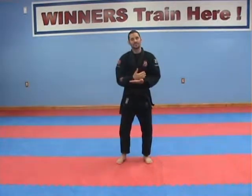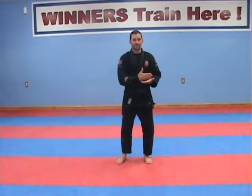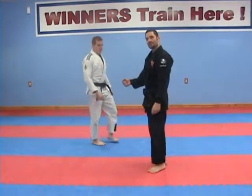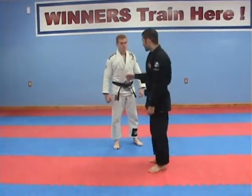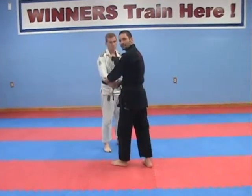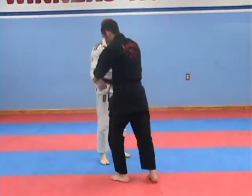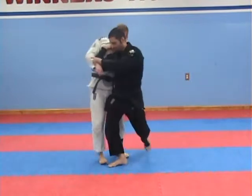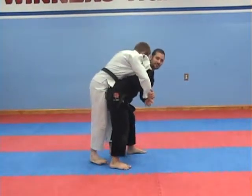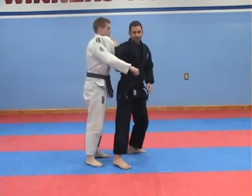This is important because it helps to teach the practitioner that leverage becomes more important than strength when it comes to throwing. When Steve comes in, use your lunge punch as a lapel grab, just like we did before. Grab, grab. What the turn does, by turning that amount of movement, it allows you to take your opponent off balance